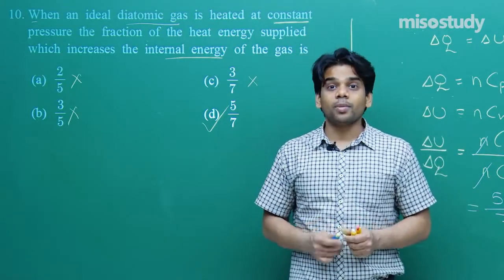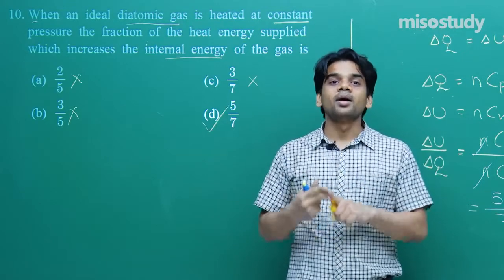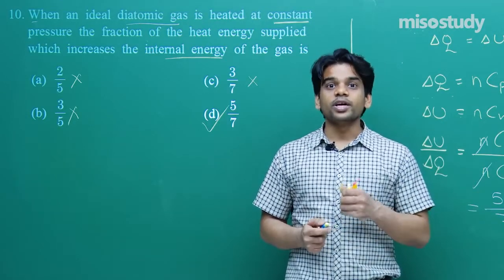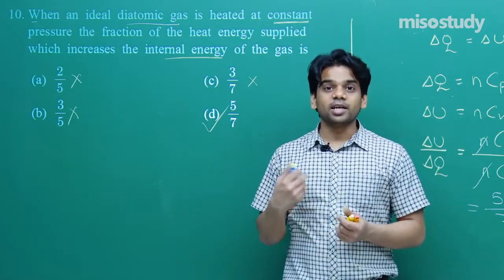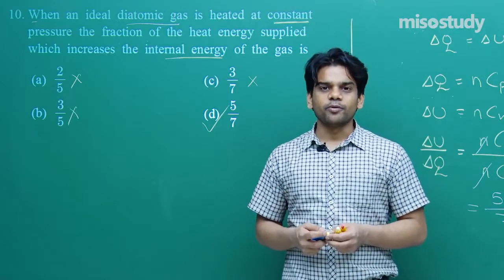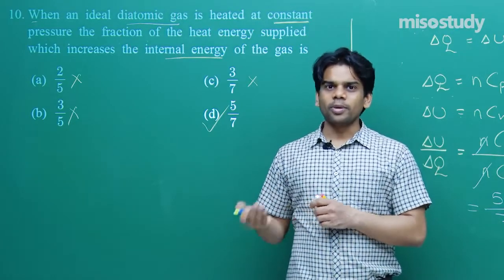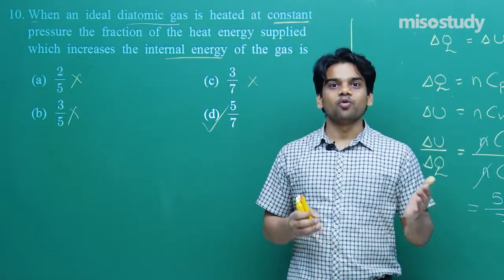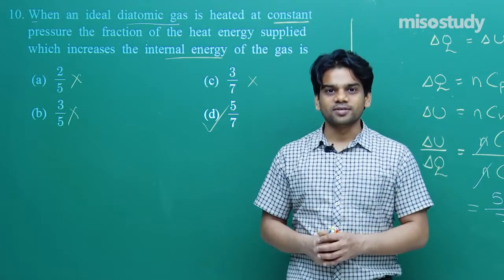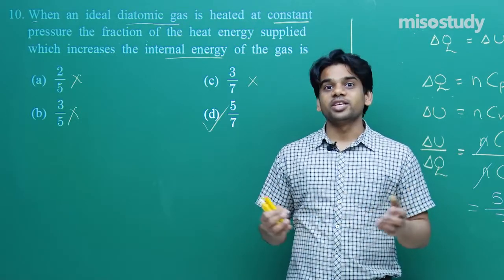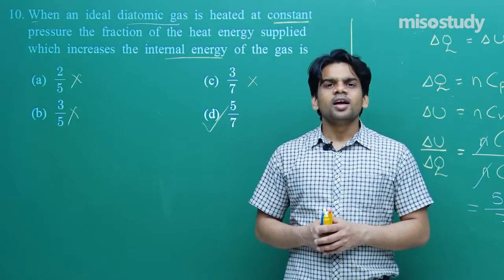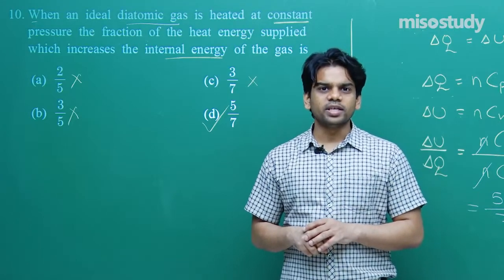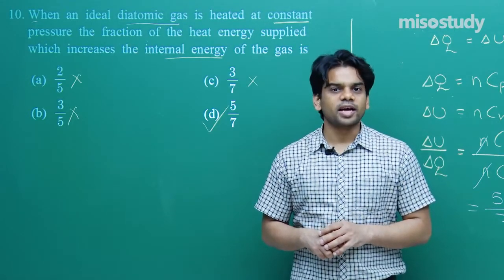Now see, with all such discussions, what one thing would you now have in your mind? You have to remember the value of Cp, Cv and gamma for monatomic and diatomic gases at least. And I have also told you in case of raised temperature, at higher temperatures, what values of Cp, Cv and gamma you have to use, both for monatomic and diatomic gases. How Cv is related to degree of freedom, I have told you in detail how to find the degree of freedom for monatomic and diatomic gases, and even for diatomic gases with raised temperature with high energy. After all these classes and discussions, I believe that you would be thorough with the entire syllabus, with the entire chapter, with the entire concepts.